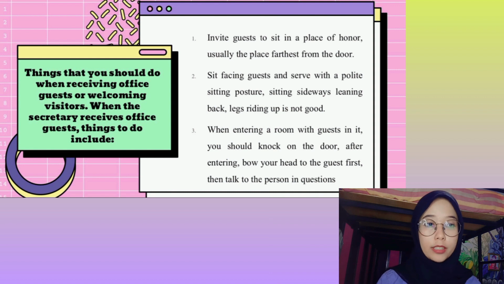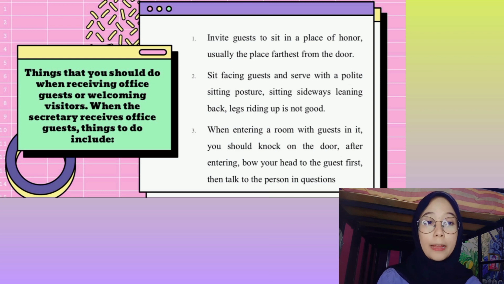welcoming visitors. Things that you should do when welcoming office guests or welcoming visitors. When the secretary welcomes office guests, things to do include 5. Number 1, invite guests to sit in a place of honor, usually the place farthest from the door. Number 2, face the guests and serve with a polite sitting posture; sitting sideways, leaning back, or stretching your legs out is